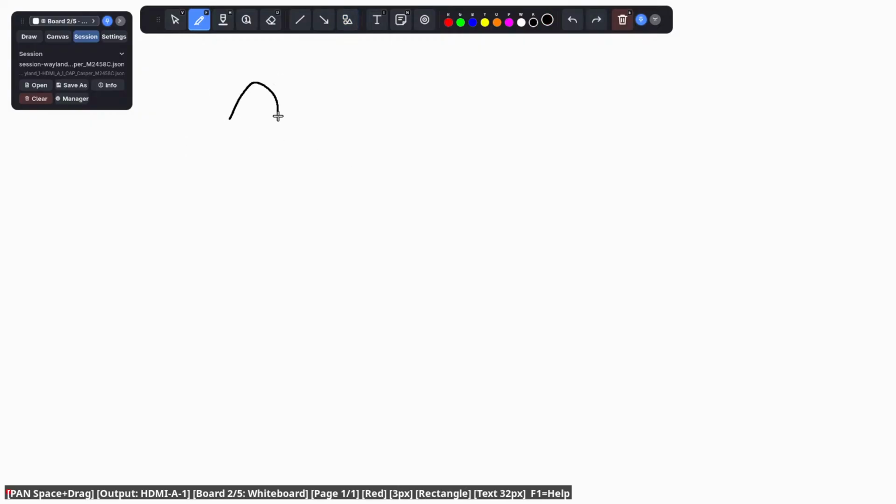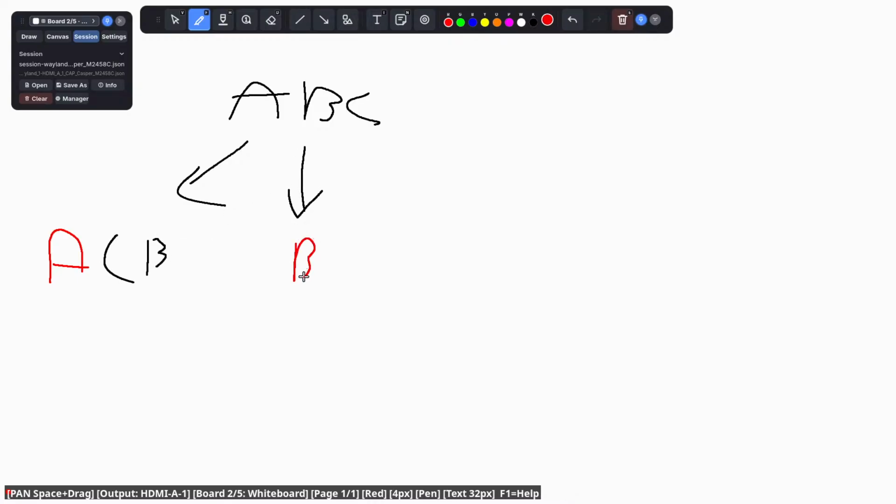Actually, let me just, we keep the A stable, we swap C and B, or we keep the B stable, we swap A and C, or we keep the C stable and we swap... Like that. This is N1,